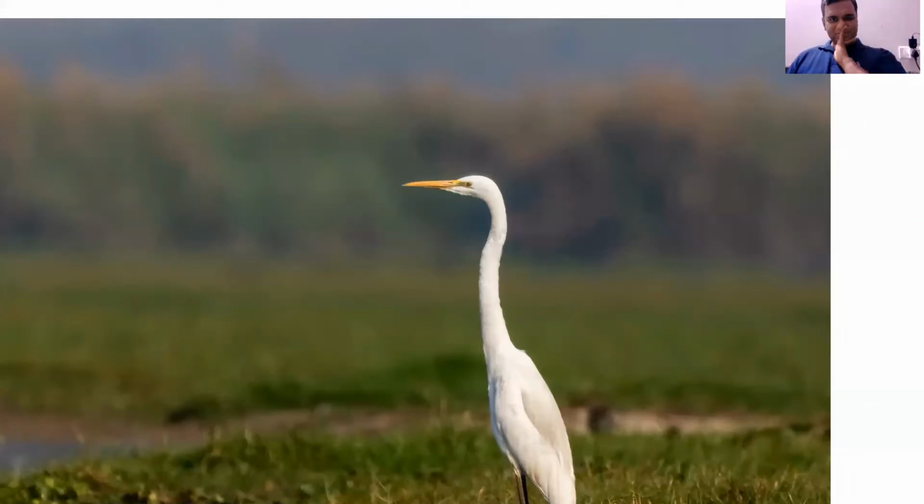Any other opinions? Great egret, because the beak is a bit grayish, but the gape line extends beyond the eye. It should be a great egret. And the dark green lores. Ma'am, actually, I want to clarify here that the lores are only critical when we are trying to identify the breeding birds. Because in all the breeding birds, whether it's intermediate or the great egret, the beak becomes completely black. So to distinguish, you need to look at the lores.